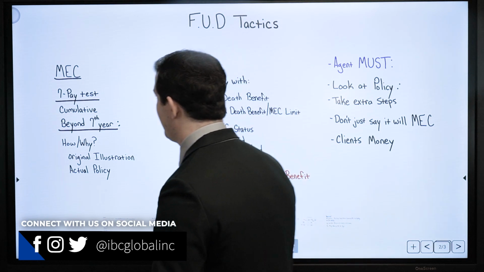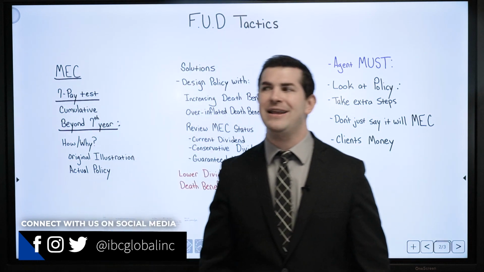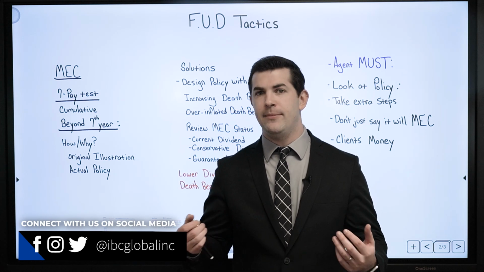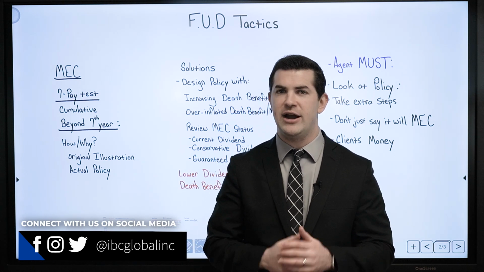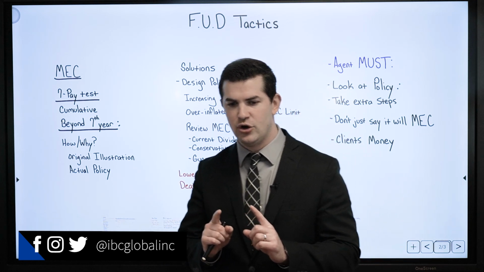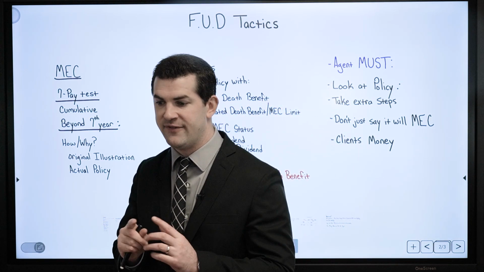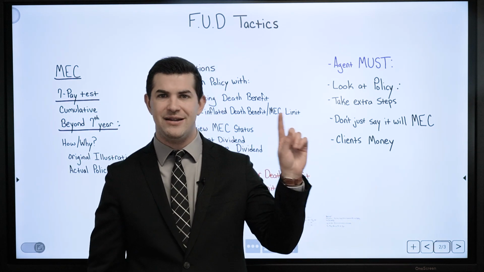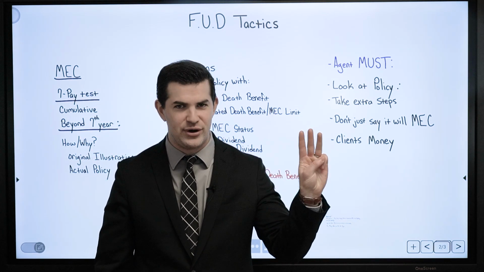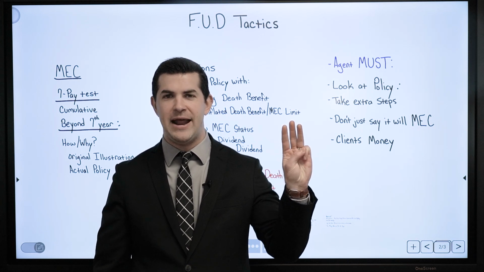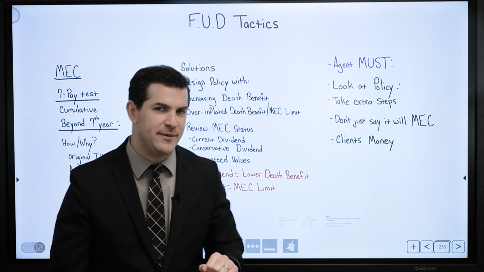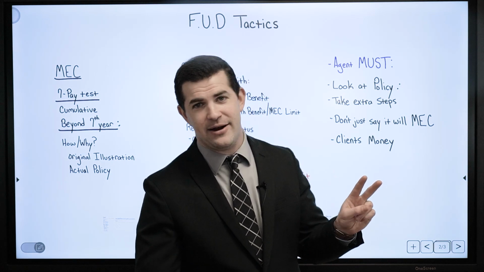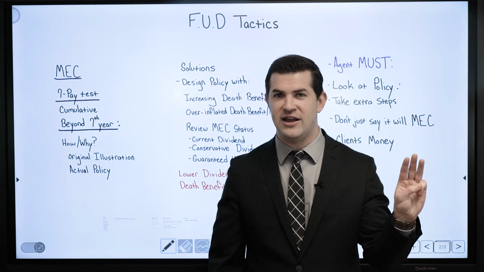So, what is a MEC? A MEC stands for Modified Endowment Contract. Any life insurance policy can become a MEC. So a core benefit to cash value life insurance is, if I set up everything properly, the cash value is a safe, liquid, and tax-free area to position money. Now, I said if I set up everything properly. It is always safe, it's liquid if it's not a MEC, and it's tax-free if it's not a MEC.